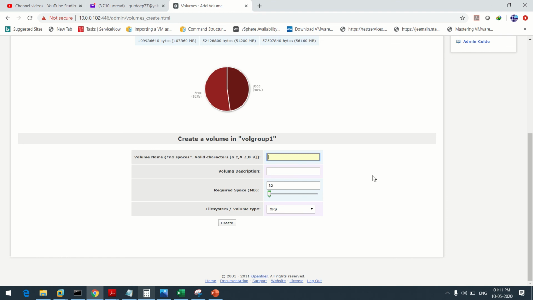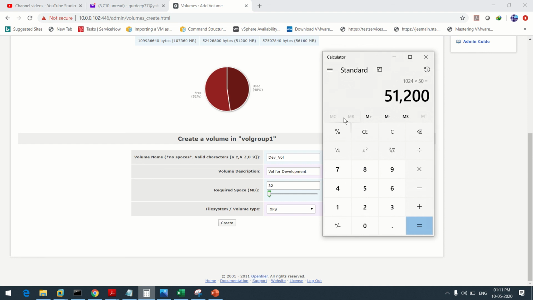Now add volume. So one for test machines or development environment. So dev volume, volume for development. So just give 30 GB.